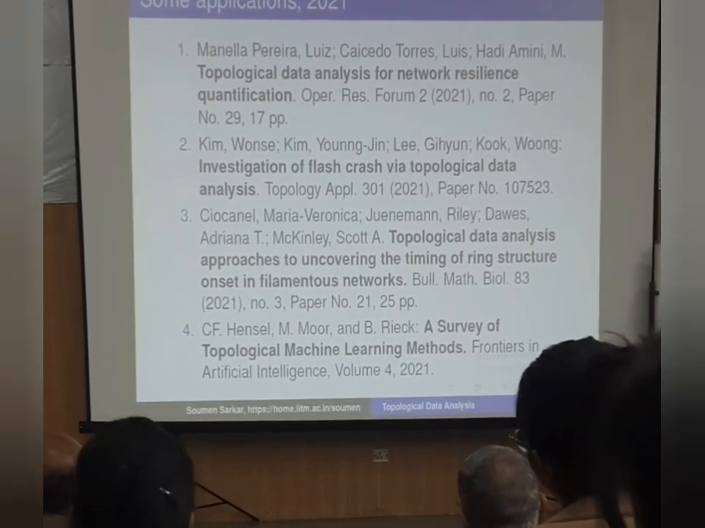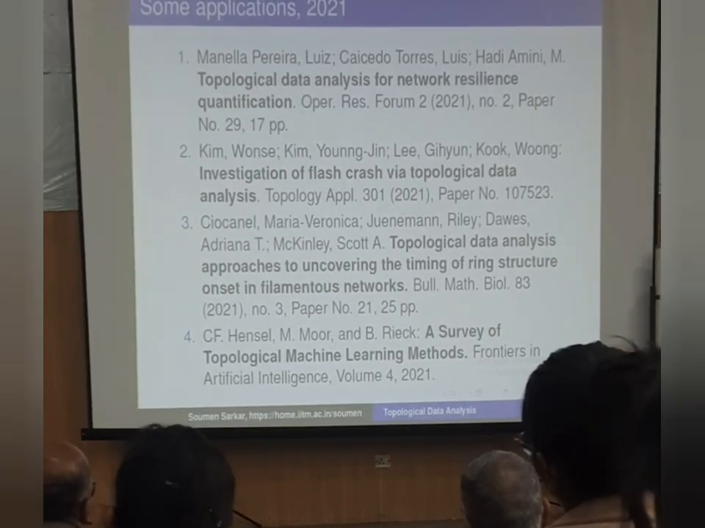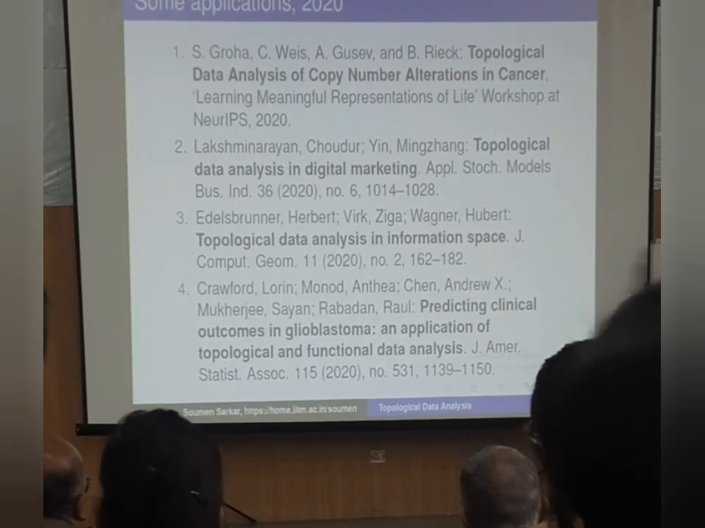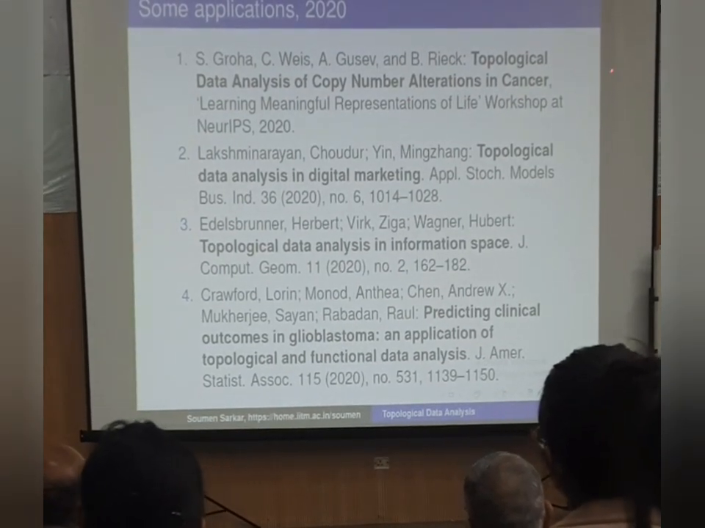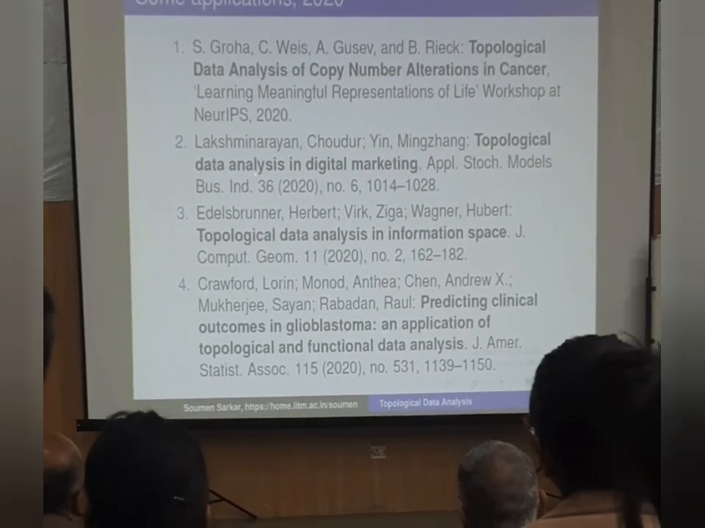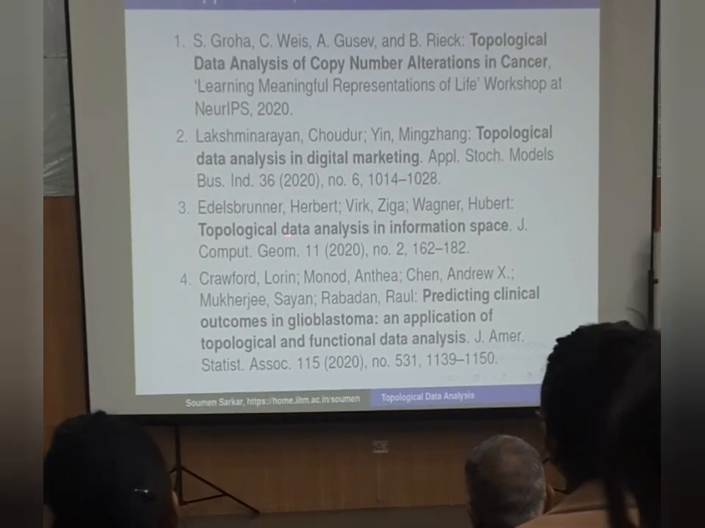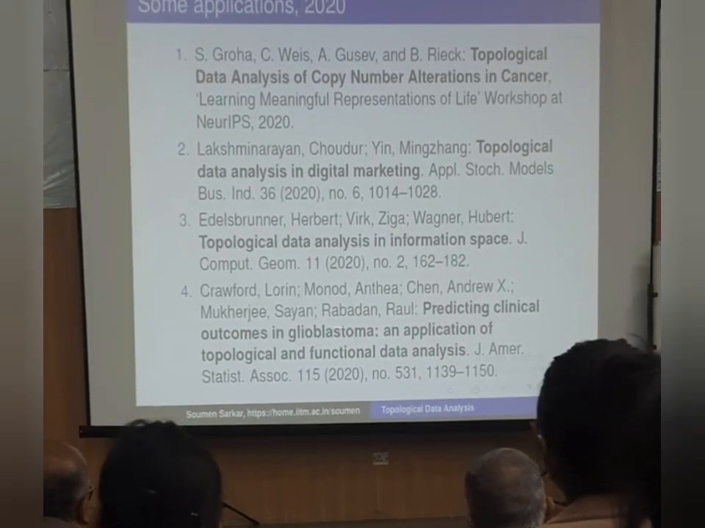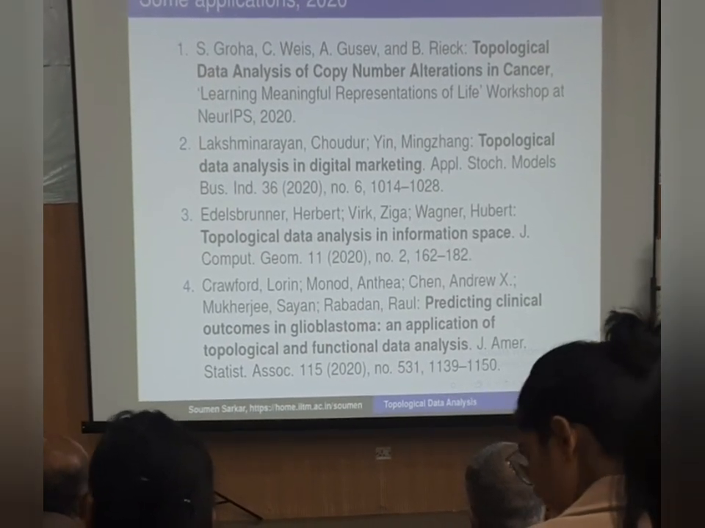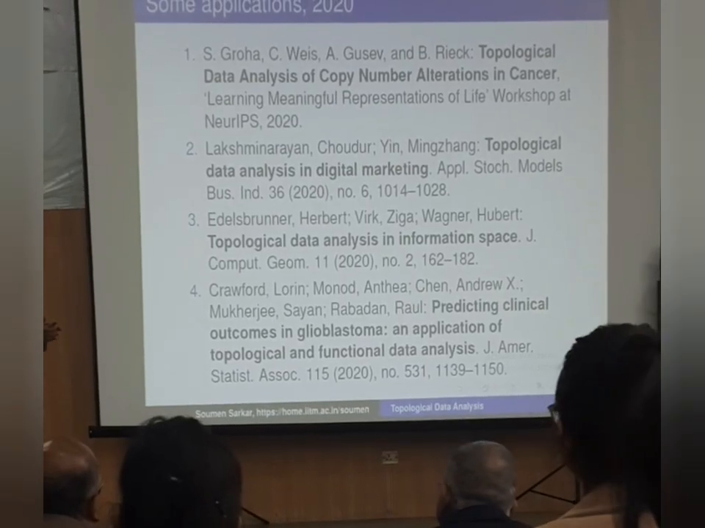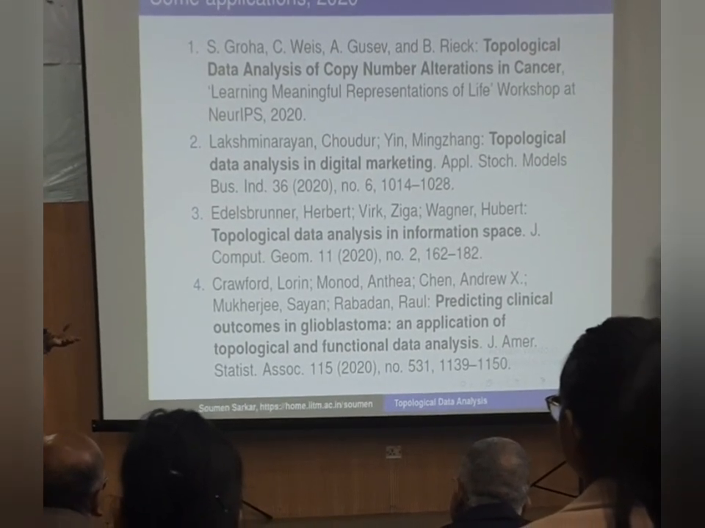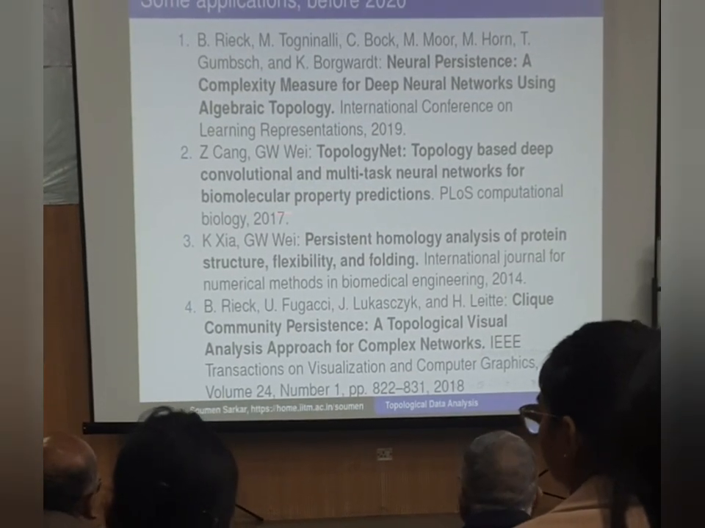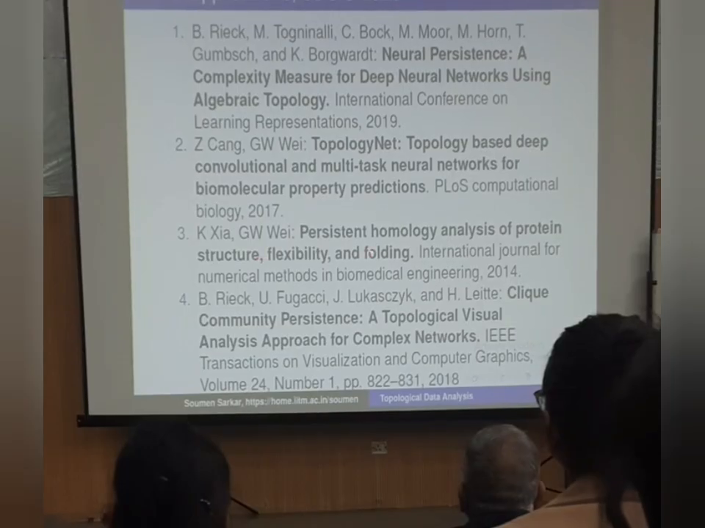In the last 25 years, in the beginning 10 years it was going very slow, but now it is blooming like anything. Like here the cancer, cell, digital marketing, information space, functional data analysis, whatever these outcomes. My problem is, if I have to do this, then I have to know other areas, like biology, which I don't know. So that becomes a problem. So there is biomolecular property prediction. However, if you know something that